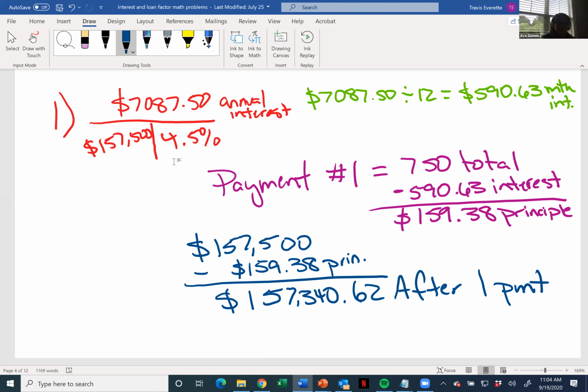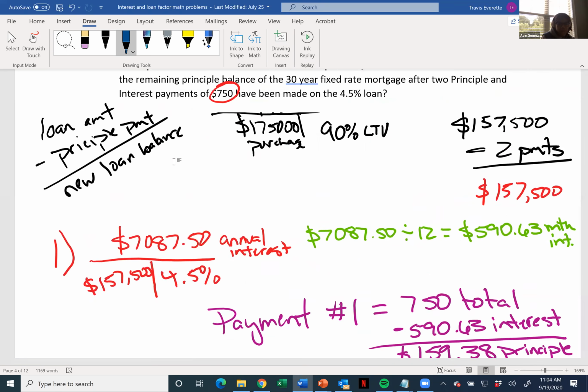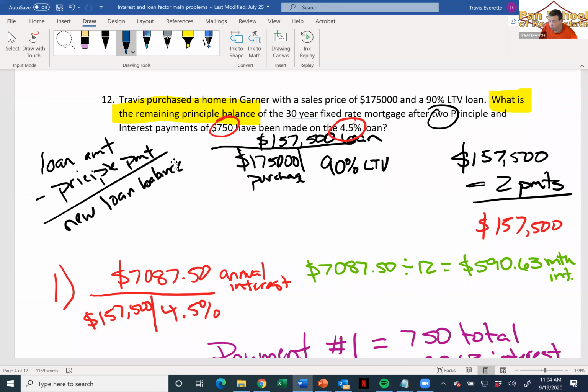Do you think you could explain the first part of the question, how we got to this part? Because I kind of missed that. The first part of the question, how we got to this part, I need more detail. Like before we started doing after payment 1, the math done before that. You mean calculating the loan balance itself? Yes, because that's the only thing we did was calculate the loan balance.